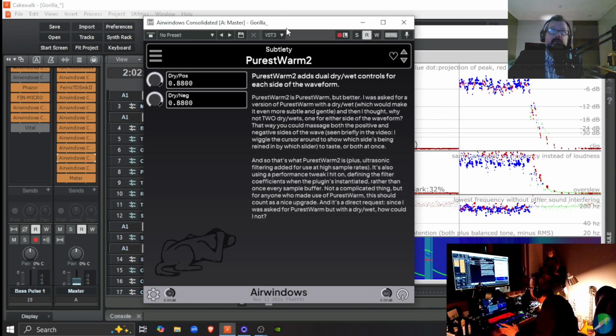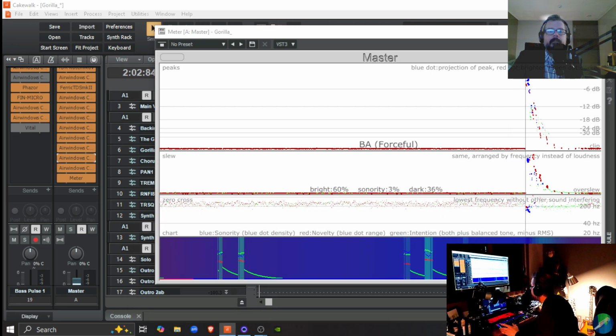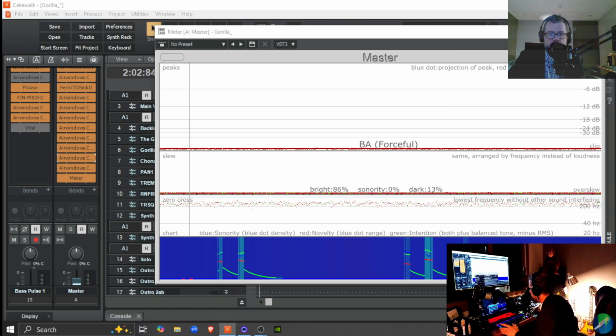You can actually see what this one is doing on meter. Check it out. Purest Warm adds dual wet controls for each side of the waveform. Okay, so you could listen to see if you can hear what it's doing.